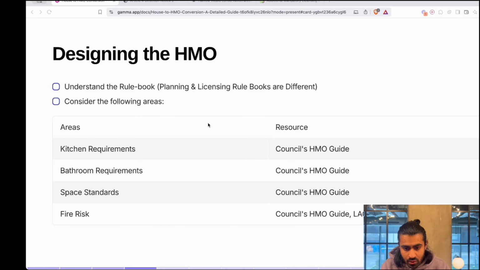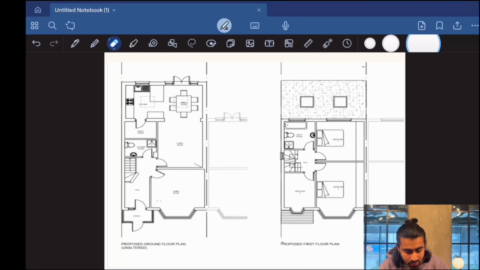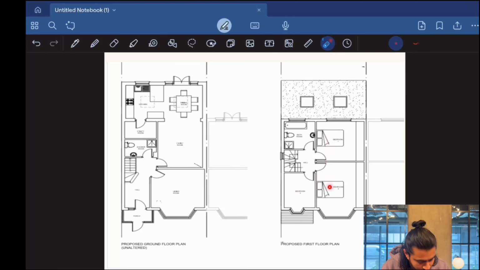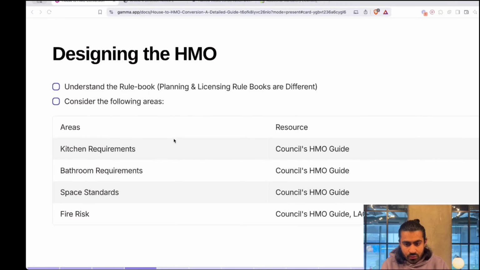This is the floor plan for the 3-bedroom property. If you have a look here, we've got the 3 bedrooms at the top, bedroom 1, 2, and 3. You've got a lovely living room here, and then an open plan dining kitchen area, a utility area, and we've also got two bathrooms. So the first thing we want to do is understand the kitchen